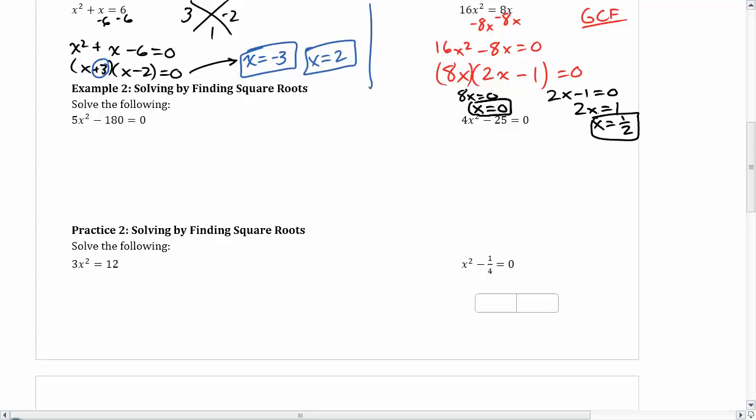Okay, so that's the first example of how we can solve quadratics, solving by factoring. So the key parts were, again, set it equal to 0, factor it out, divide and slide if you need to, set both factors equal to 0, so a equals 0, b equals 0, or like x plus 2 equals 0, x plus 3 equals 0, and then solve both of those equations individually. Okay, the next video we'll talk about